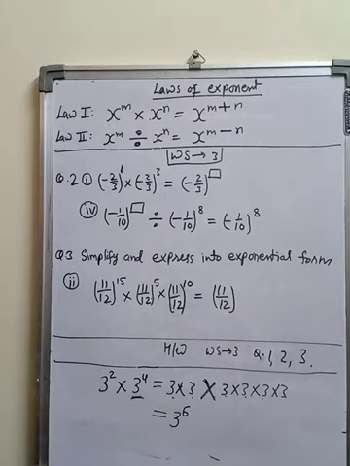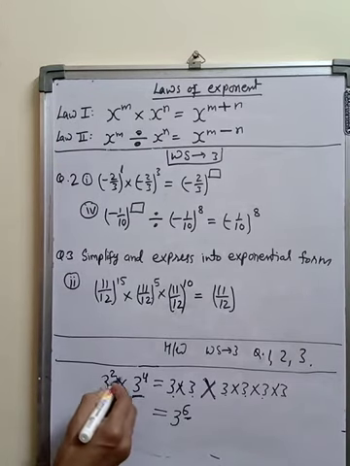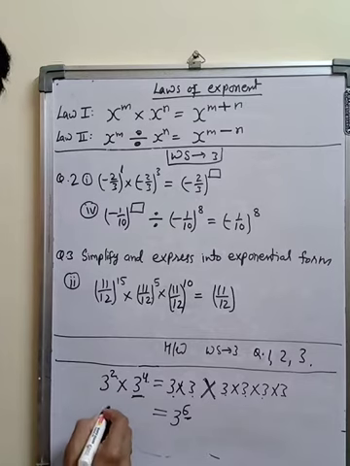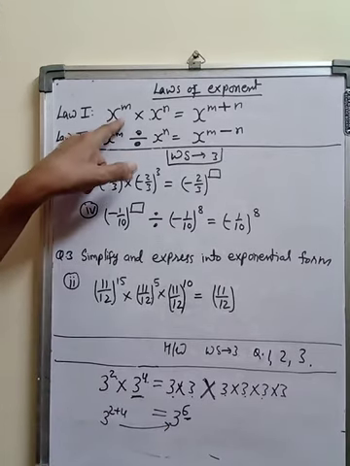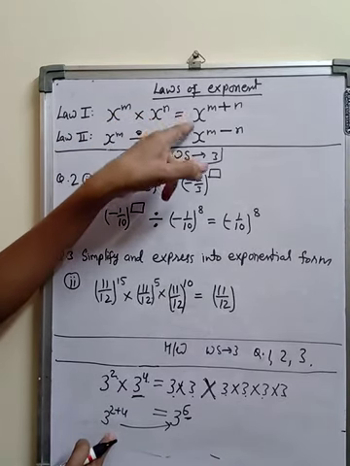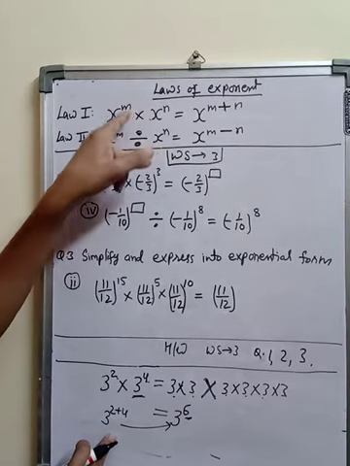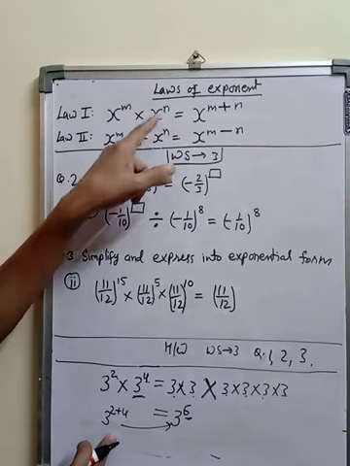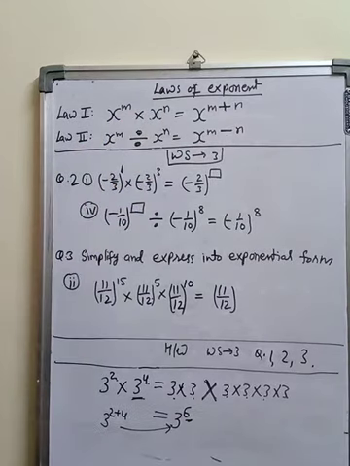So in total you count, and in between there is also multiplication, so all are products only. So 1, 2, 3, 4, 5, 6. We can write it this way. It means 3 to the power 2 into 3 to the power 4 became 3 to the power 6. So we have framed one law: this 6 comes by addition of 2 plus 4. So this is the law.